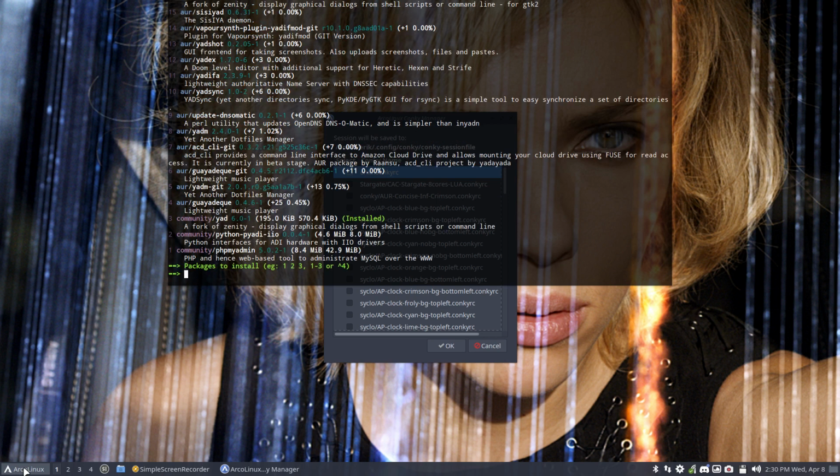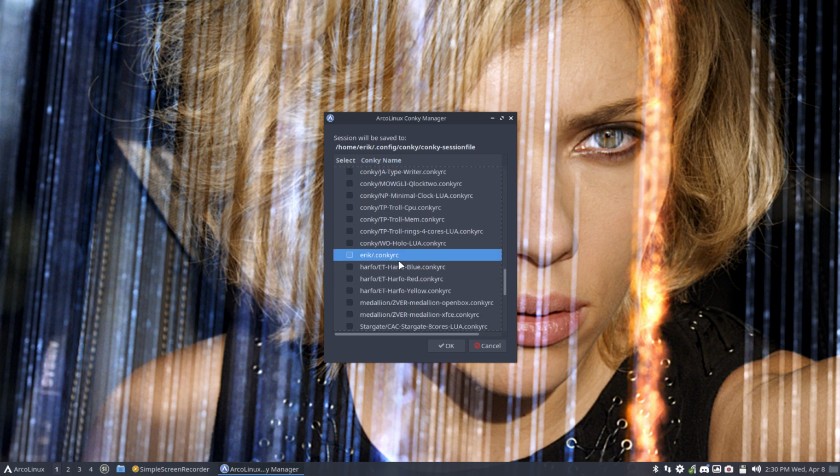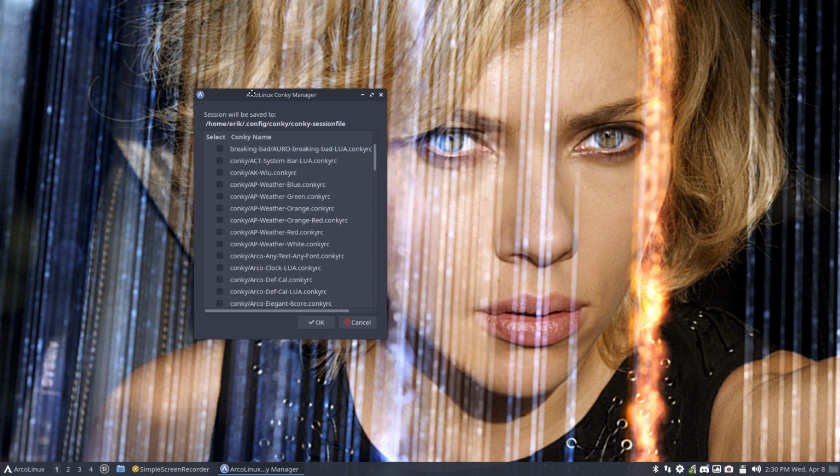The name is Yet Another Dialog, a fork of Zenity, a tool to display graphical things. It's not explained here, but it's actually going to create this kind of pop-ups. So we can select and put it here alphabetically. That's what I always do. First click there alphabetically. Conkies